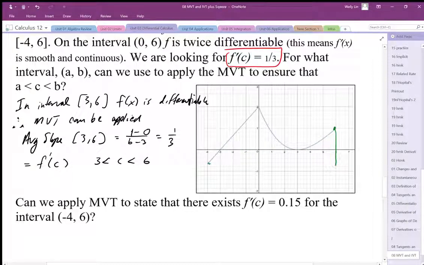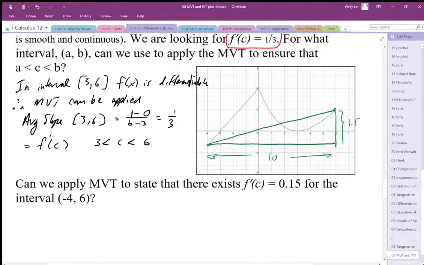That's going to be negative 0.5. So my average slope in there is going to be 1.5 over 10. Then in the interval they asked for, -4 to 6,